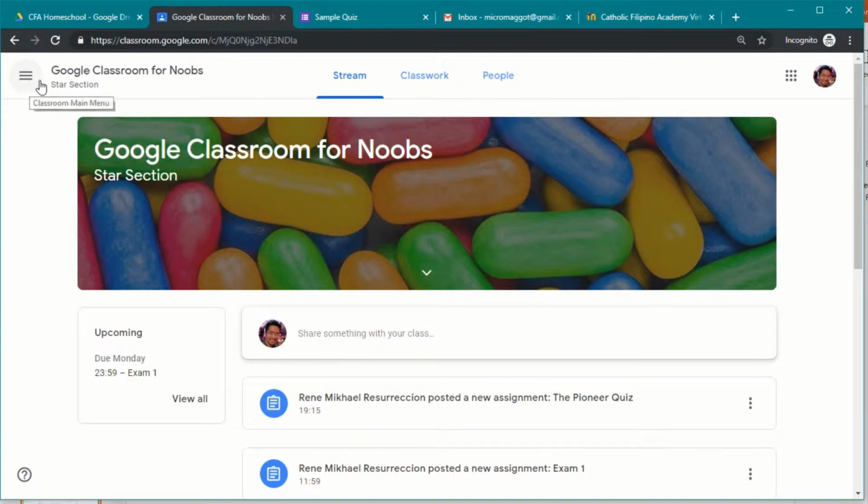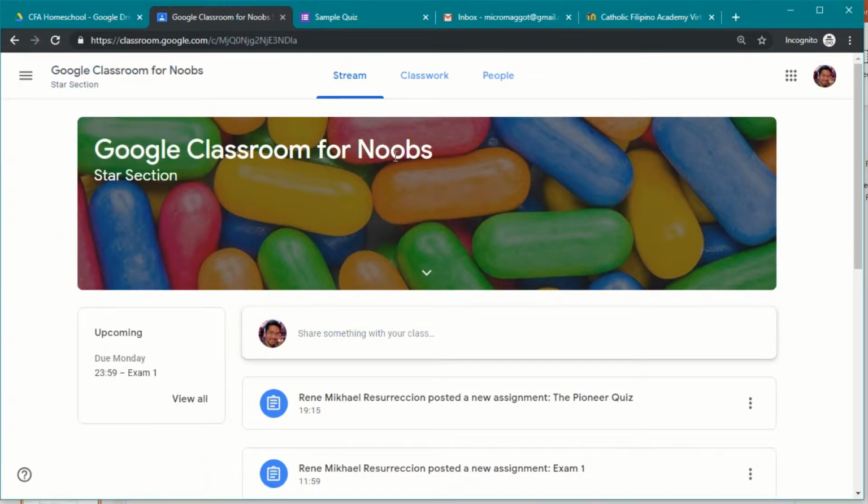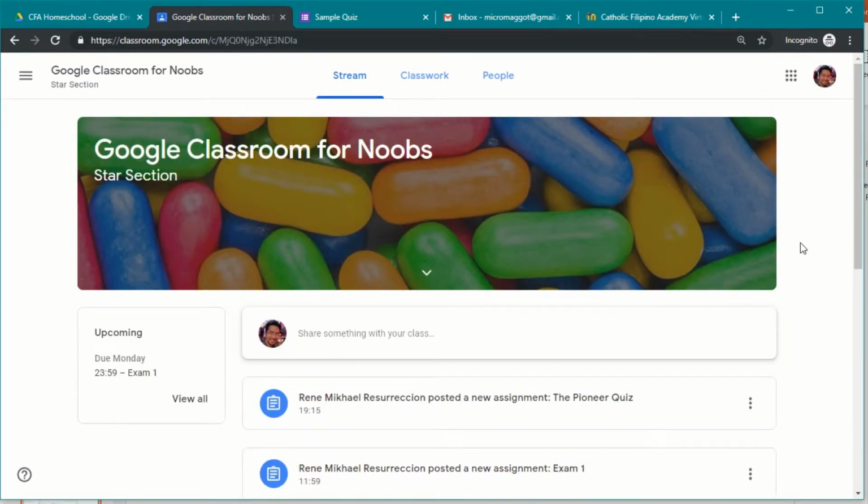And on the top right here, this is the navigation tab. You can go back to your courses. You can check your calendar or your to-do list for your assignments and homeworks. And you can intuitively understand the Google Classroom if you think about it as like a